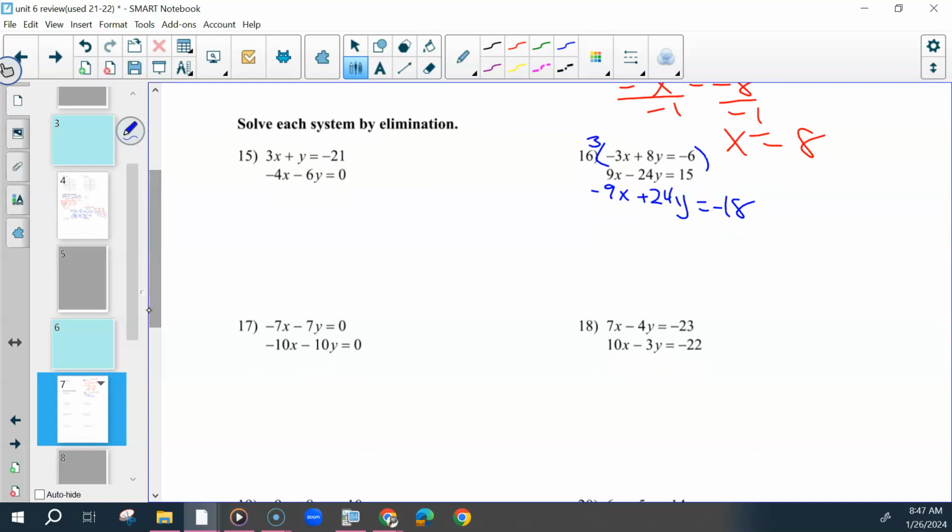Then if we are eliminating our y's, would we add or subtract? Add, because they're different, a positive and a negative. But when we add that, the x's also cancel. So this would be,